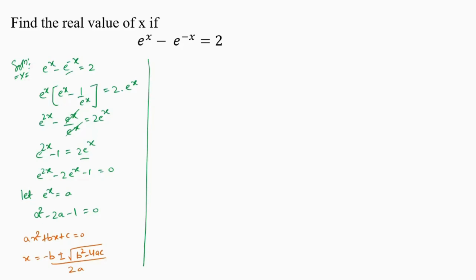So from this we can find the value of a, which is a equals minus 2 plus minus under root minus 2 square minus 4 times 1 times minus 1, divided by 2 times 1. On solving this we get 2 plus minus under root 4 plus 4 times 1 times 1, that is 4,